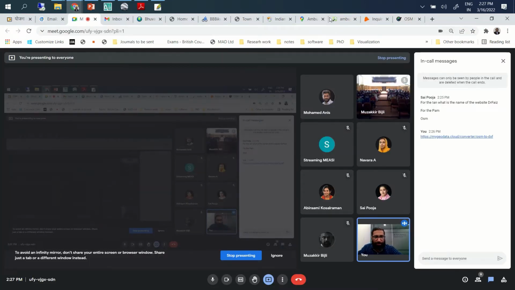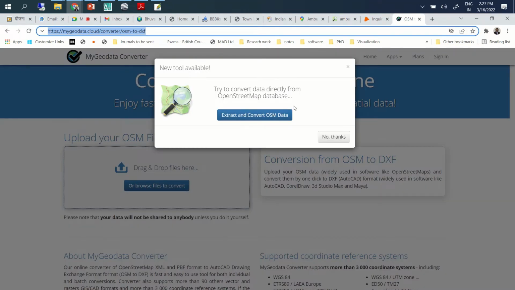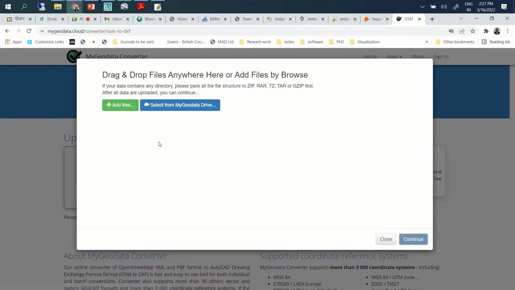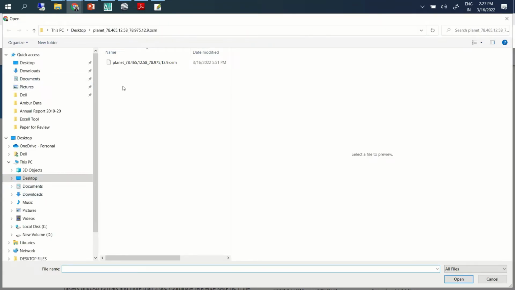This is for converting OSM data to CAD files. Just click on browse, go to that folder, and upload the OSM file that you have downloaded from OpenStreetMap.